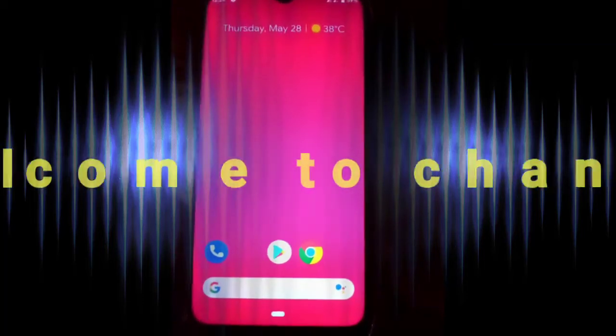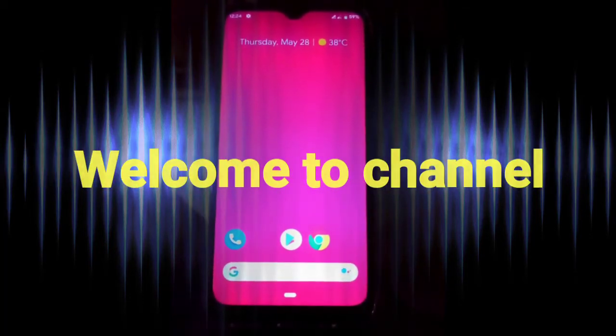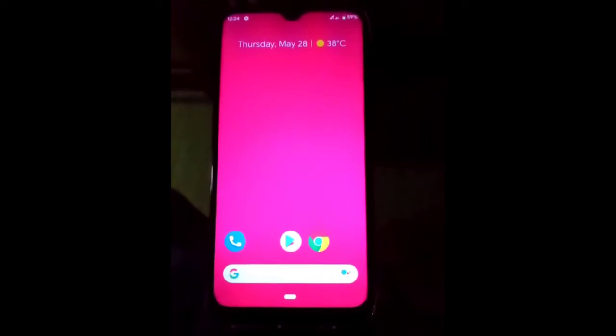Hello everyone, today in this video I will show you how to install OS Android 10 GSI ROM in any